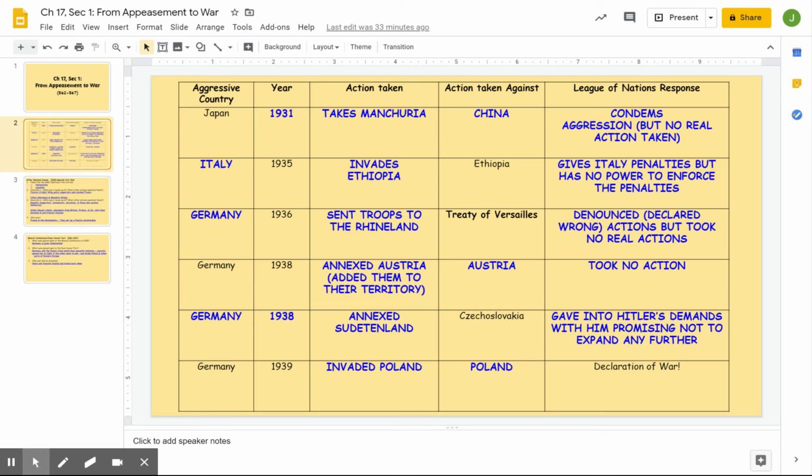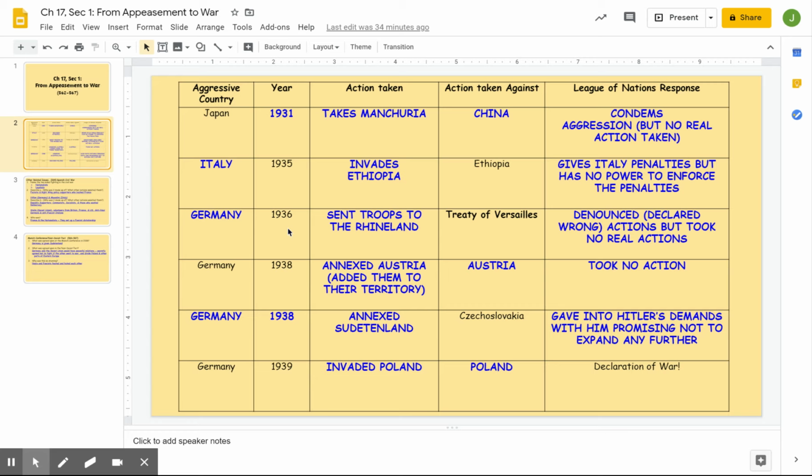In 1935, we have Italy invading Ethiopia, and the League of Nations gives Italy penalties, but they really have no way to enforce these penalties, right? So essentially, no real action is being taken against Italy's aggression. And then in 1936, we see Germany sending troops to the Rhineland, which goes against the Treaty of Versailles. And we see the League of Nations denouncing or declaring this wrong, but they really take no actions against Germany